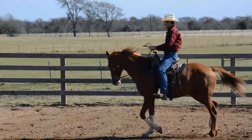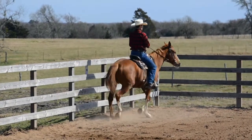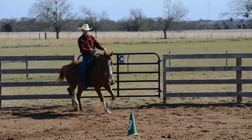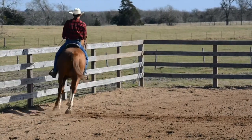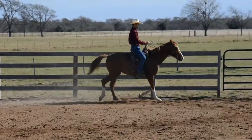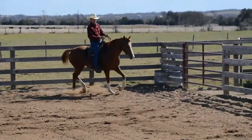So she wants to kind of fall in on this circle. So I help her up by shifting my weight out a little, coming on with a little inside leg, but I keep her bent onto the circle. And that was pretty good, so now I can head off to the next corner